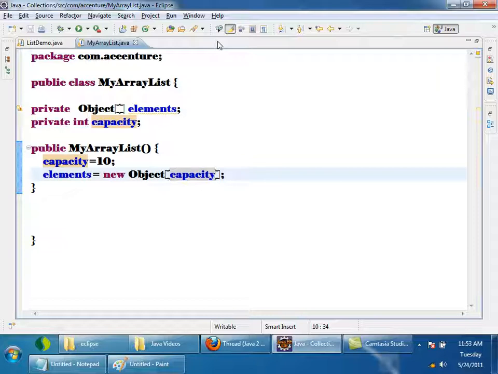Whenever you create an object of ArrayList by using new, internally it creates an Object array of size 10. The initial capacity of an ArrayList is by default 10. So that's the picture. ArrayList has a variable called elements of type Object array, and its size will initially be 10. Okay, and now see the logic for the add method.